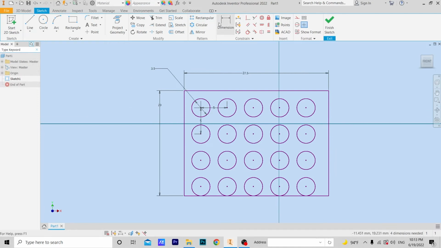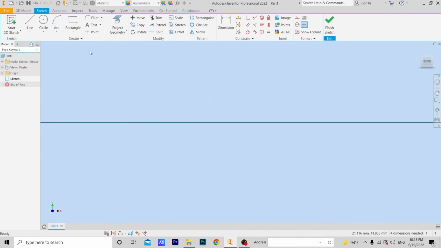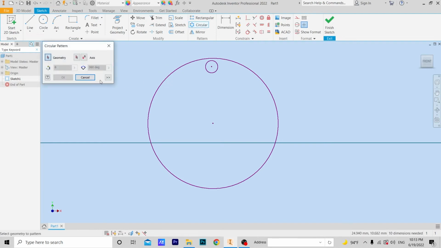Next command is circular. Here let's make a new big circle and again one circle inside it, for example this one. Click on the command. Again we have a window. We should select the geometry